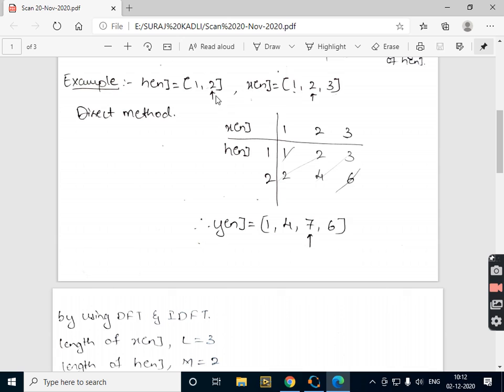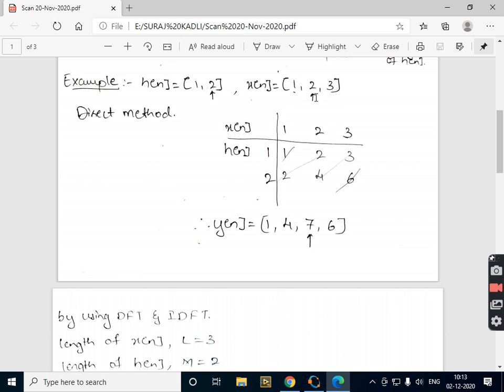And a small arrow mark between 2 represents this is the starting index, or this is the point where n will be equal to 0. If this is the origin n equals 0, then the sample 1 will be present at n equals minus 1. Okay, and let us consider a 3-point input sequence x of n with samples 1, 2 and 3,